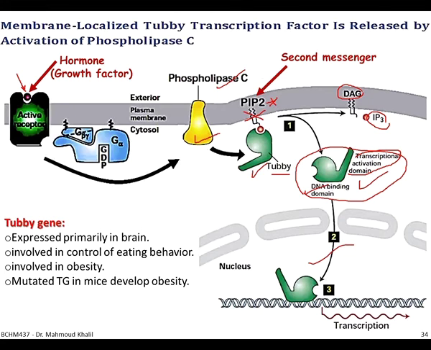So how did we know that? Because they mutated this TAPI gene in mice. They found that when they mutated this gene in mice, the mice developed obesity. So there is a malfunction in the process: if this gene is mutated, the individual will get obese. So currently they are working on that gene to control obesity. And of course, this is not the only cause of obesity.